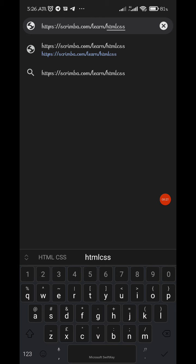But if you think you want to learn via Scrimba first, Scrimba is a platform whereby you just learn and build on your own. Once you learn and build on your own, you don't expect anybody to get you a job or something. The knowledge you gain from Scrimba, once you know, okay, I'm capable of doing any web page designs or anything right now, then you can just decide to go fully in it and